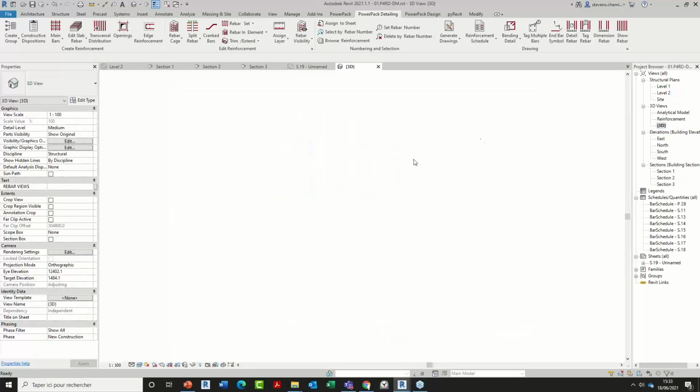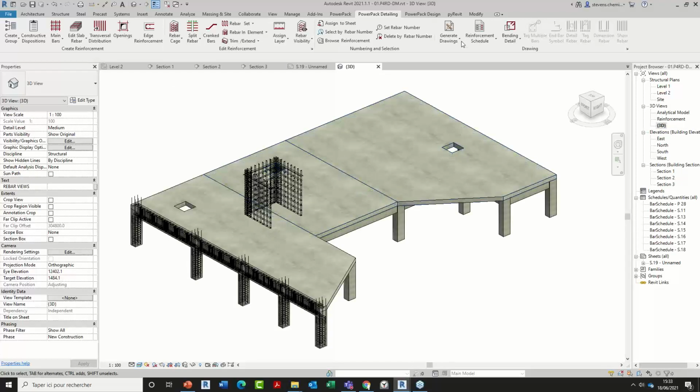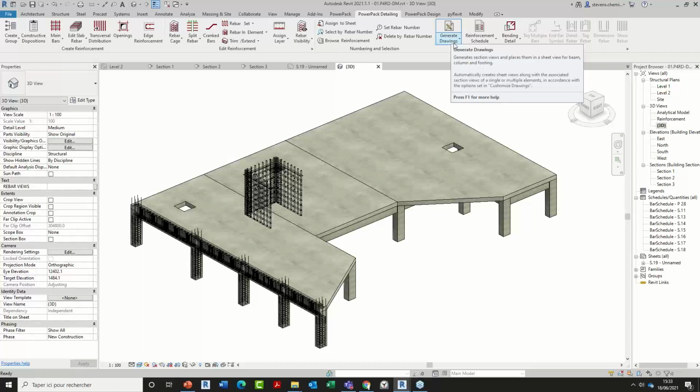Because of that, we have another workflow based on this command, which was totally reviewed: the generate drawing command. I will just make a really quick highlight of the global overview, the main benefits and the main concept of the command, because for sure it can be explained in many details. Here is just to highlight the benefit and keep the webinar quite short. So it's working in two steps.